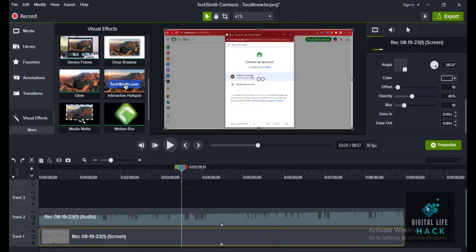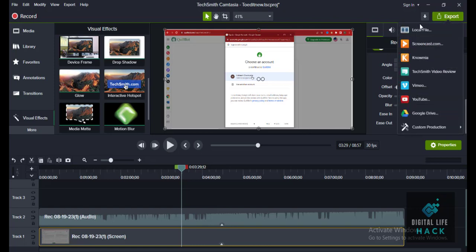Okay, when you are done with your editing, the next thing is to click on export here. Click on export. You can export to your local file on your system. We have screencast.com. That one is, maybe you have an account with Camtasia, you can export to their